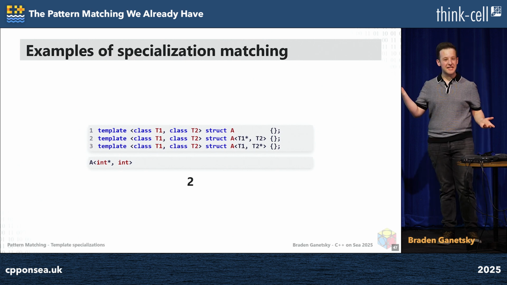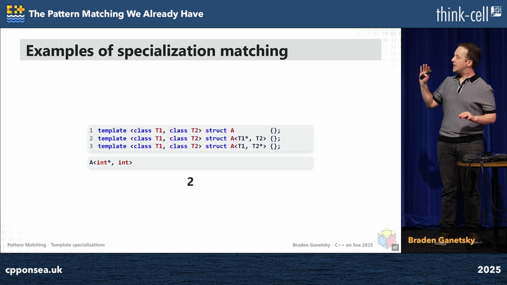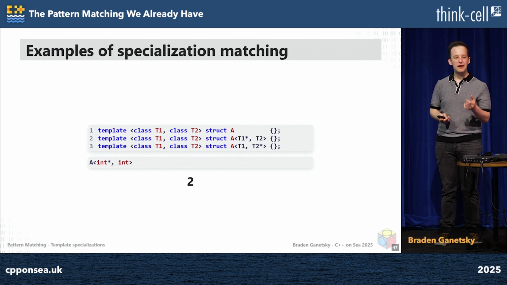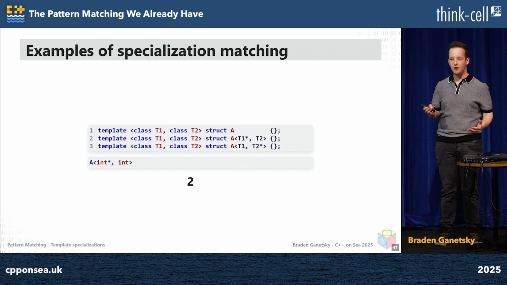And look, it follows the same form. You take a look at this, and I will talk about template argument deduction. I promise I will. It's very fun. But you just see the form, it matches, right? We have int star, comma int. We have T1 star, comma T2. You can match those things up in your head. It's quite simple. And you see that is actually the one that it matches.